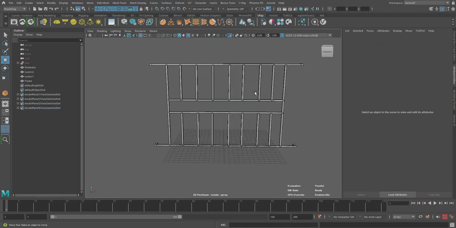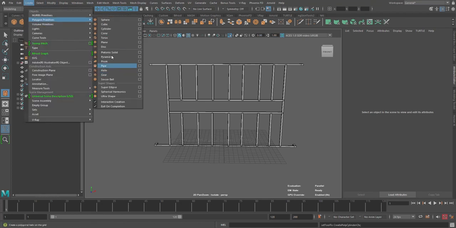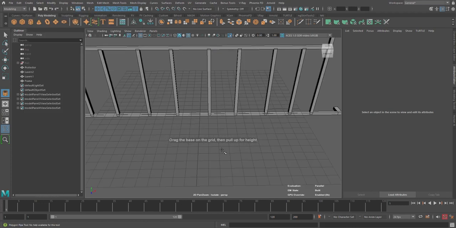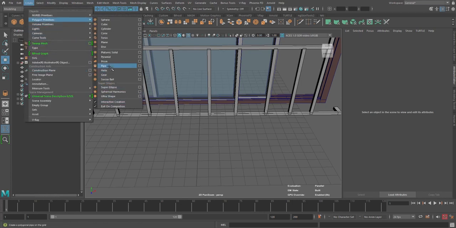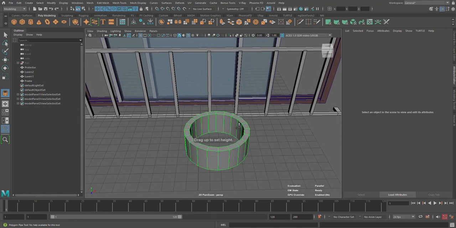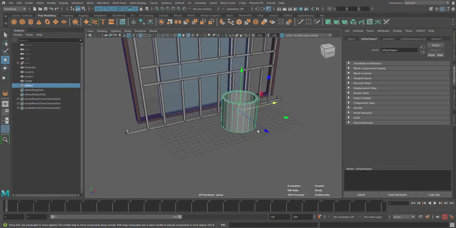Yeah, so you can have a circular one like a ring, or instead of that, let's create a polygon primitive. We could have a pipe. Yeah, create a pipe, move up for height or for thickness. I'm not doing anything here because I'm in isolation mode, so let's do that again. Create polygon primitive pipe, create this, move up for height, then pull up to create the inner radius. So right, that's fine. Anyhow it appears, I just want to get a fancy